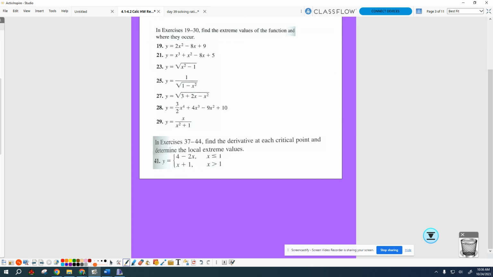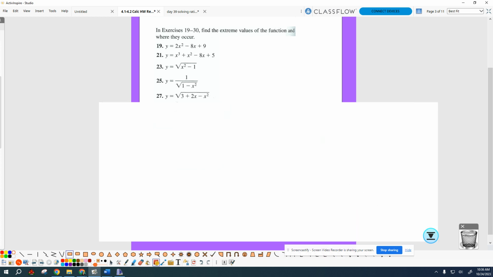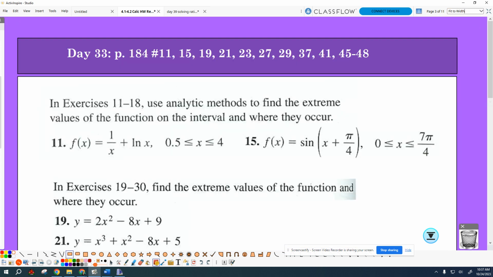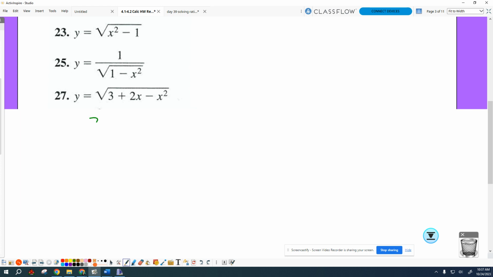So it says find the extreme values. First thing, what's the domain? Renee, how do I find the domain of this function? Set the stuff inside the square root, and we need to find where the stuff inside is 0 or negative. So I need to find where 3 plus 2x minus x squared,